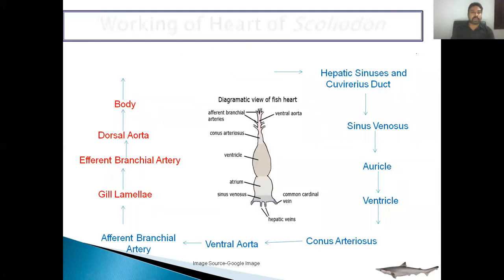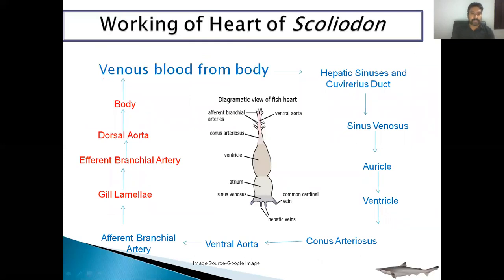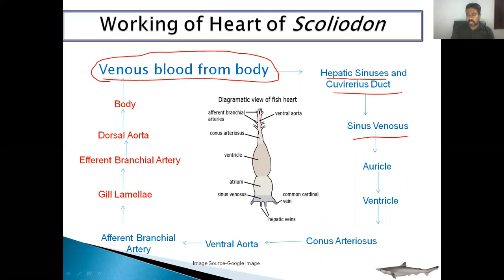If we try to understand with the help of the diagram here, we can see that the venous blood from the body is collected by these two veins, hepatic sinuses and cuvarian duct. This blue is deoxygenated blood, and here it is oxygenated blood. This deoxygenated blood goes to the sinus venosus, which contracts. Blood goes to the auricle, which contracts, then to the ventricle, which contracts, then to the conus arteriosus, and from the conus arteriosus, blood goes to the ventral aorta. From the ventral aorta, it enters the gills by the afferent branchial artery,